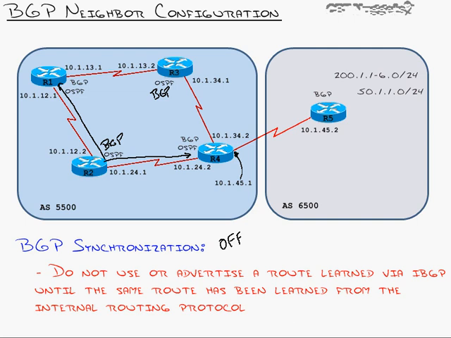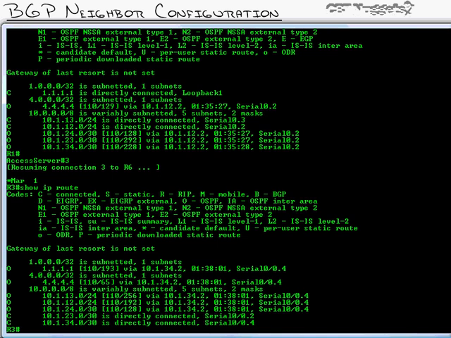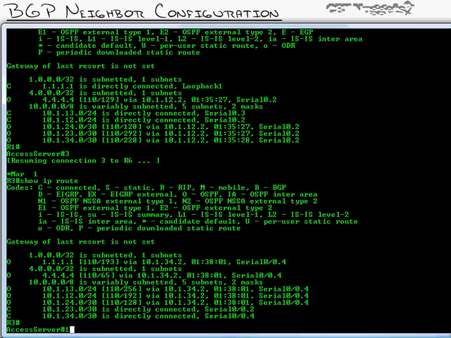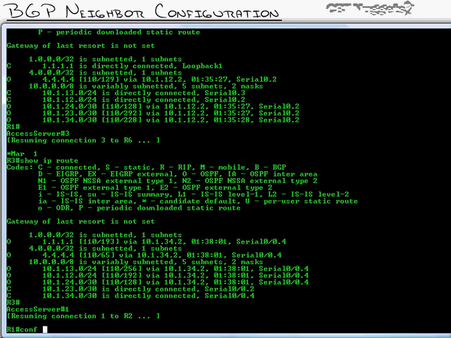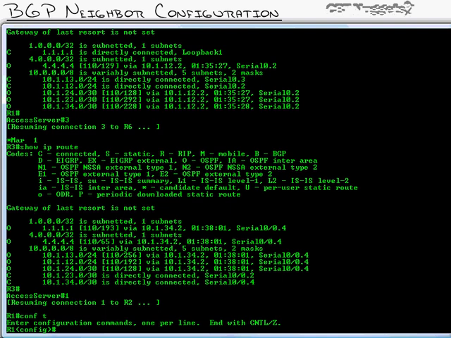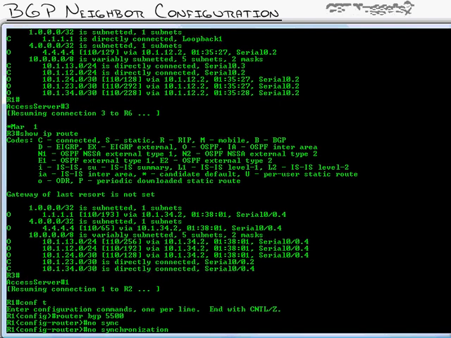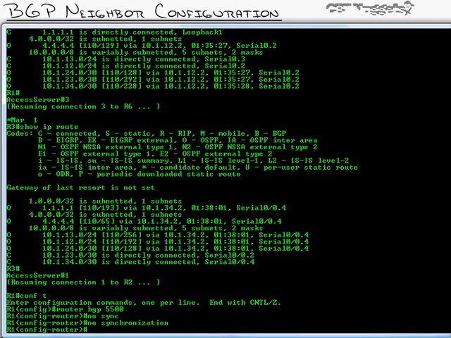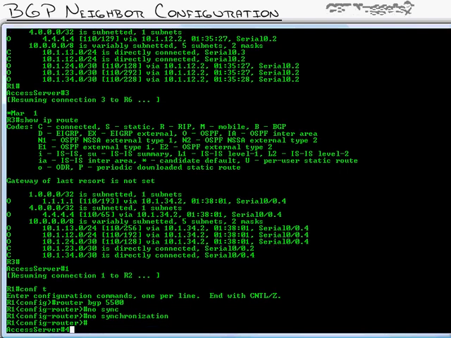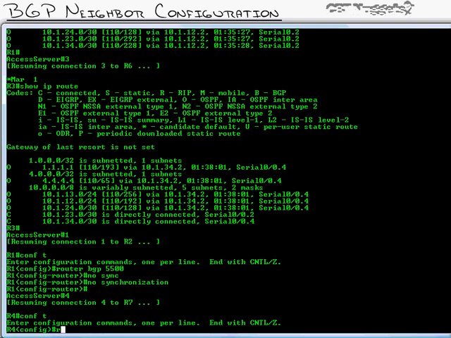So let me show you how to turn it off. This is one of the things we need to do to fix this problem. I go to router 1, go into global configuration mode, go into router BGP 5500, and just type in no sync, or short for no synchronization. That turns off the synchronization rule, and it would be best to do it on all the routers. I'll go to